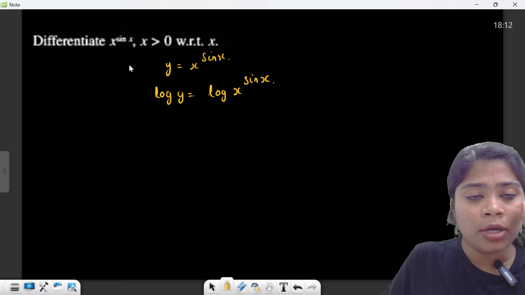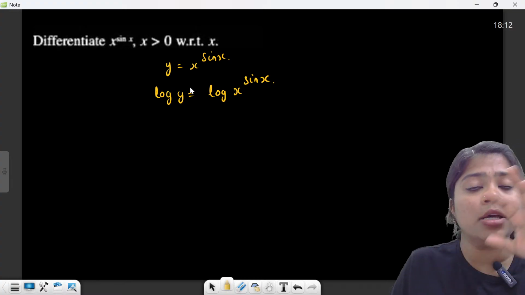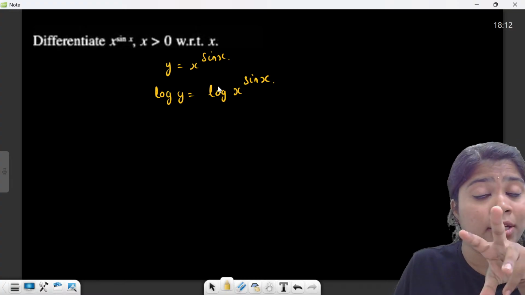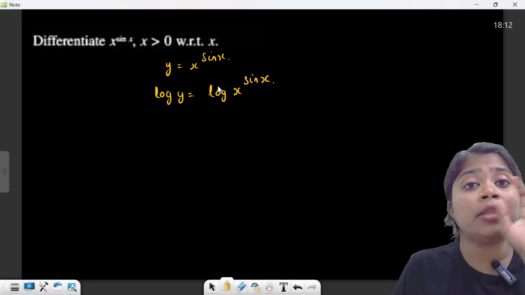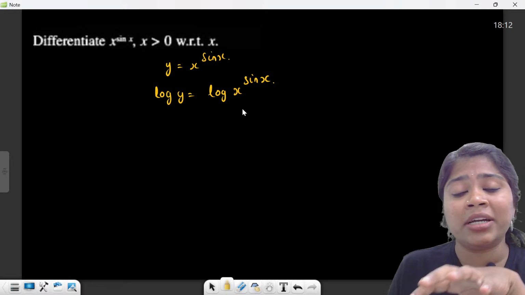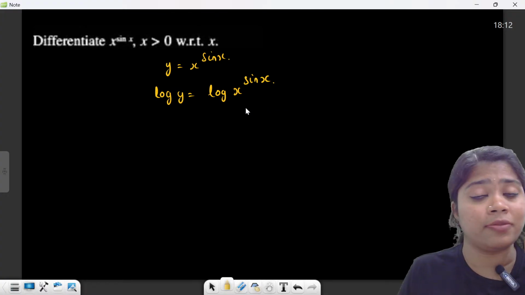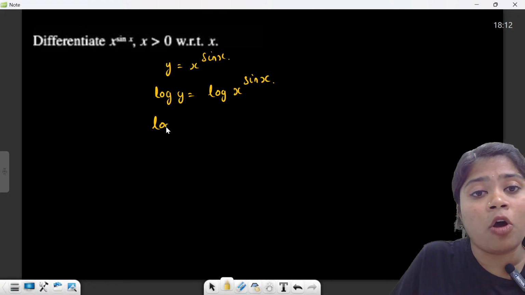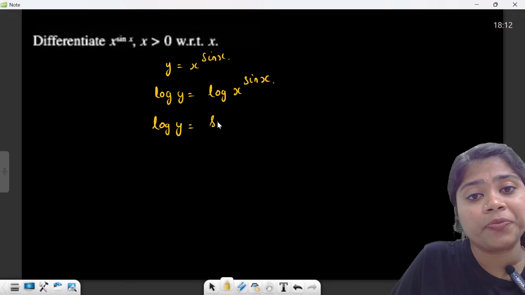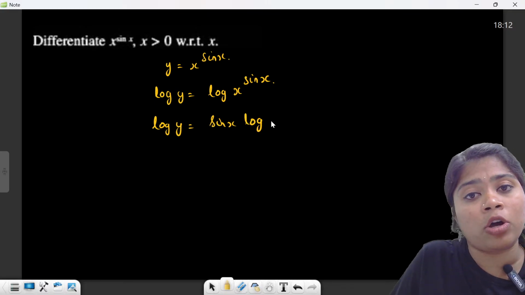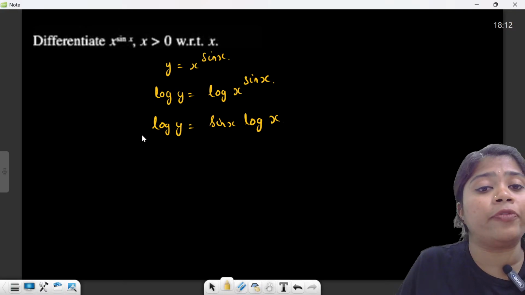Similar questions are there in this exercise; if you see the last 3 years' KCET questions, questions from this particular topic are directly asked in KCET. It won't take that much time if you practice it very well. So log y is equal to sin x log x. So try to differentiate